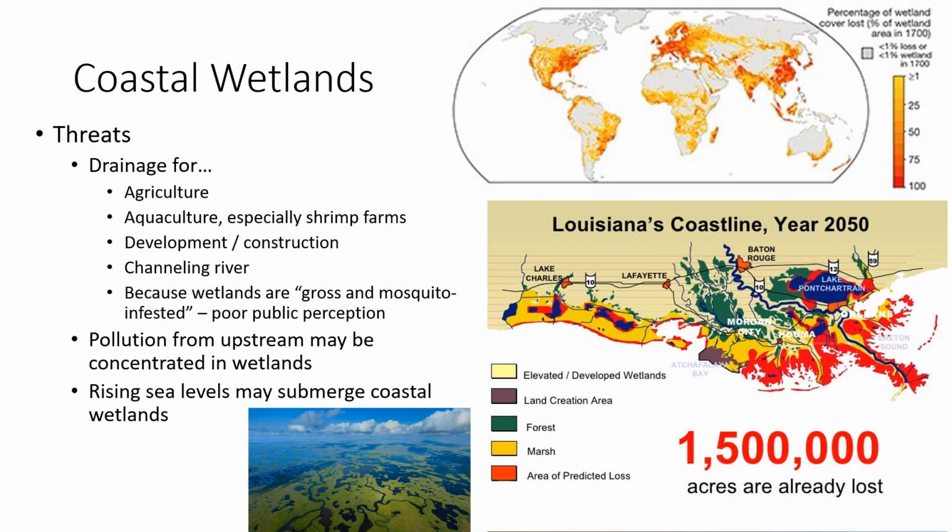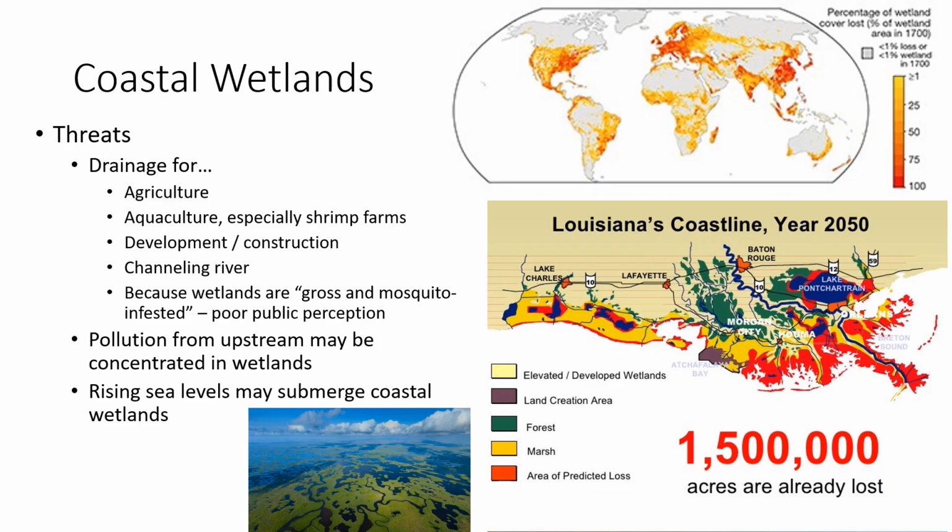So if we look at this map, which is relatively small, we can see that Europe has lost most of its wetlands. That includes the coastal wetlands, but it also includes the inland wetlands, the freshwater wetlands that we'll talk about. But a notable example is England and Ireland. They have lost around 90 to 95 or more percent of their coastal wetlands,